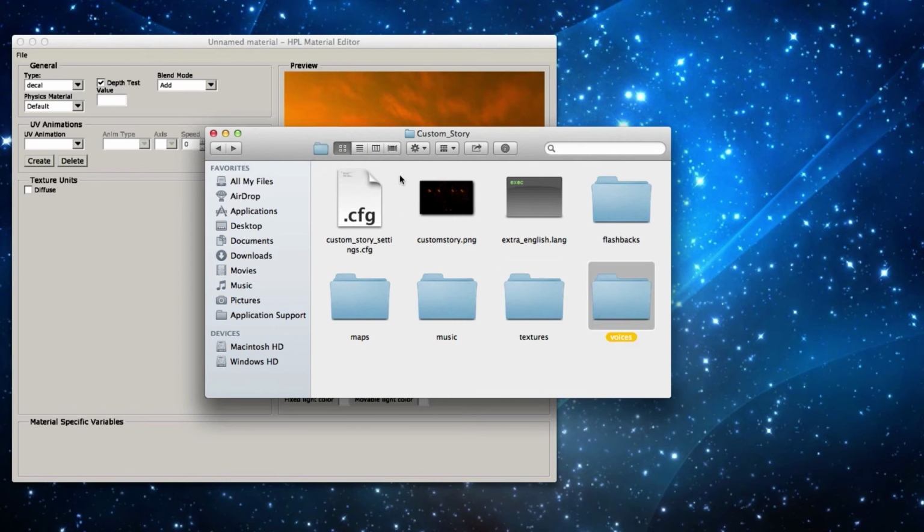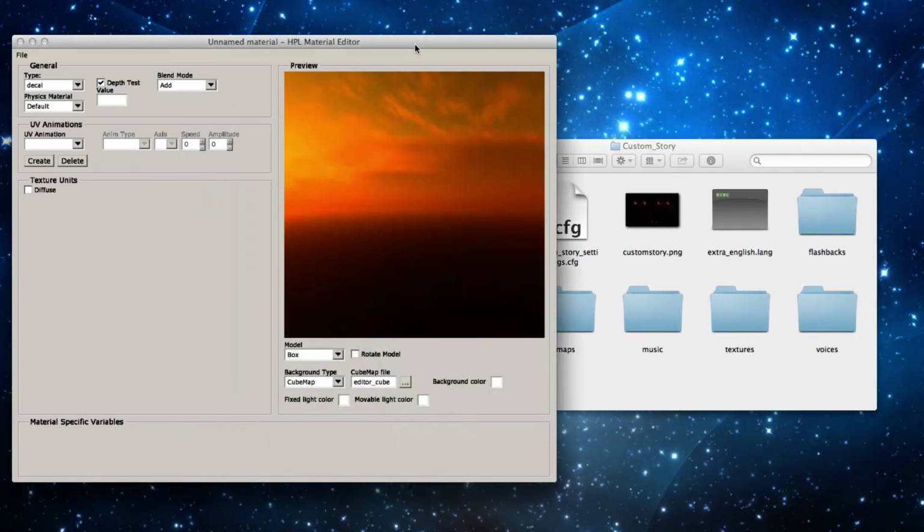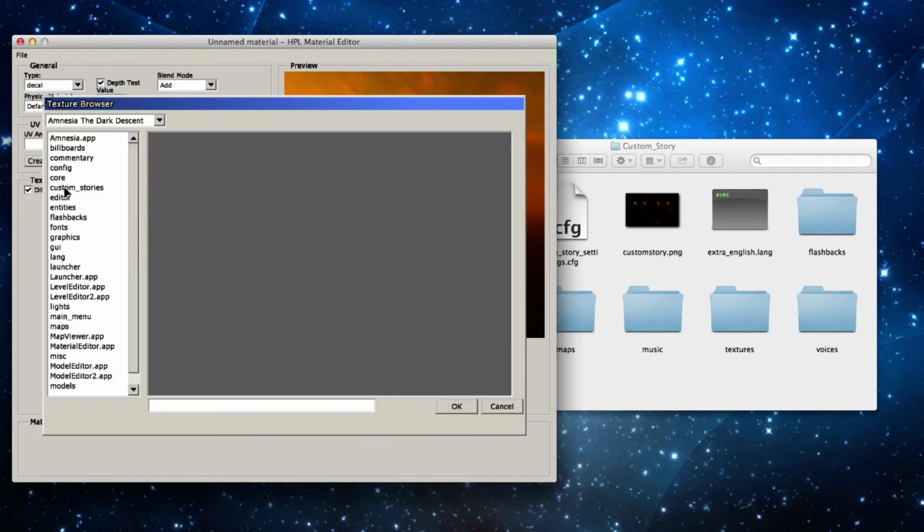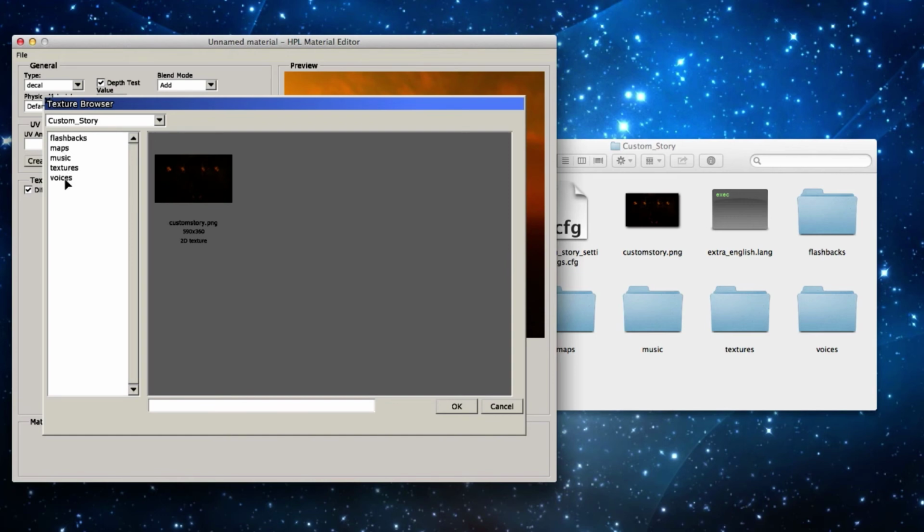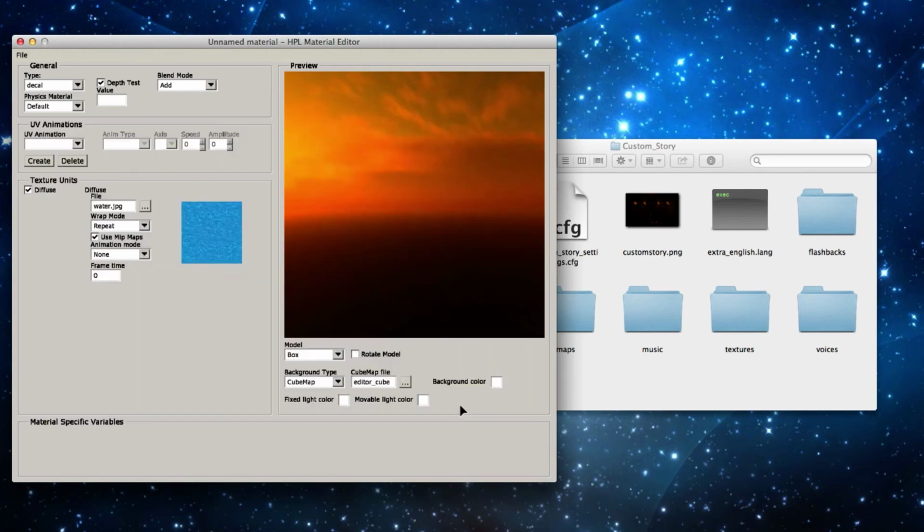And what the hell did I just do? I placed that there. I should not have done that. Oh well, whatever. Anyways, so yeah, as soon as you have it in there, you click on diffuse under here in the material editor. You can open a file. This is how you open the PNGs. Just locate it. Textures. Was it not? There it is. For some reason I didn't see that. Water.jpg, and just load it up, and it'll be invisible to start with.